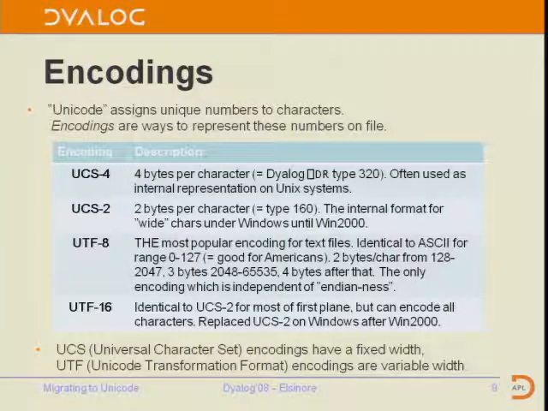UCS2 only uses 2 bytes, and that was fine for many years after the standard was created. There were less than 64,000 characters, and 2 bytes was sufficient. So in Windows versions until Windows 2000, 2 bytes, UCS2, was generally the representation that was used. And then the Unicode consortium added more symbols. They have promised now that you'll never need more than 23 bits or something, I guess until we make contact with Klingons and others.